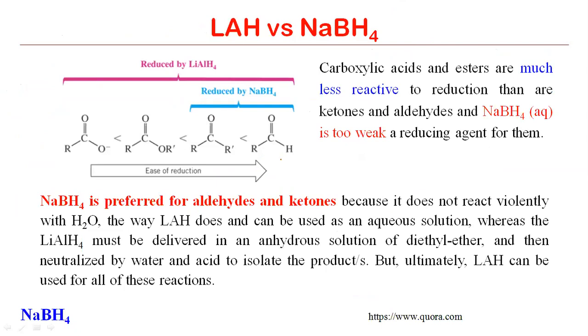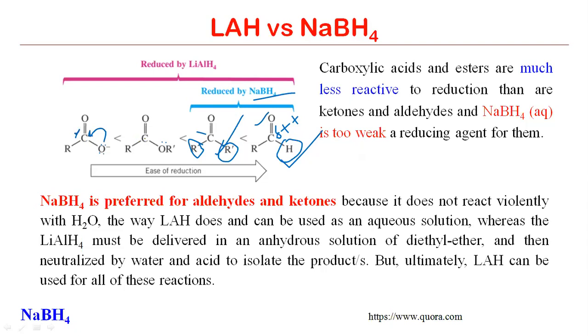So if you see the carbonyls, this is aldehyde, this is ketone. These can be easily reduced by sodium borohydride, and we know the reason. Here it is hydrogen. Here we have two plus I groups, so the electrophilicity of this carbon is somewhat reduced. So aldehyde is more electrophilic than ketone, because here we have only one plus I effect that can stabilize the positive charge on the carbon. Here we have resonance stabilization in this species, so that gives more stabilization of this carbon, because this carbon has a very small positive charge, lesser electrophilicity.